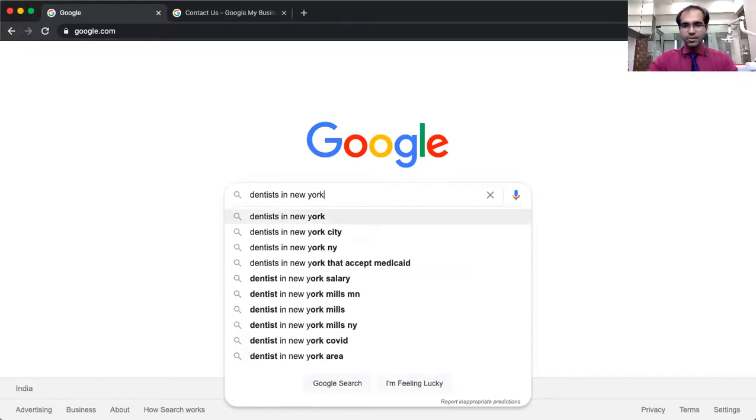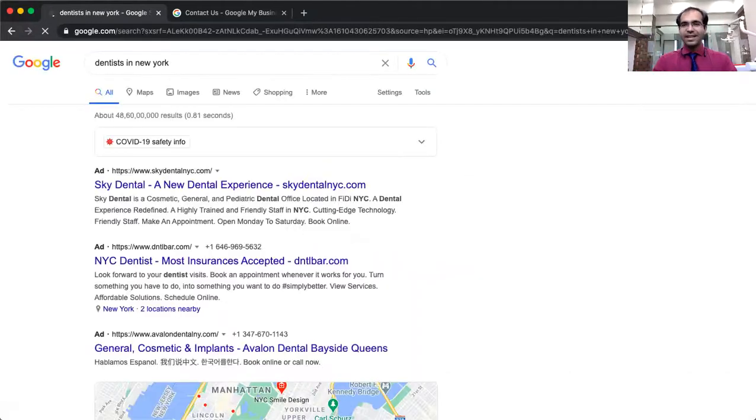Say if you're situated in New York or any part of India or any part of the world, when people search for dentists in your locality, the keyword is dentist and the other part is your locality. When they join together, this becomes a phrase that they are using to search for dentists in the area